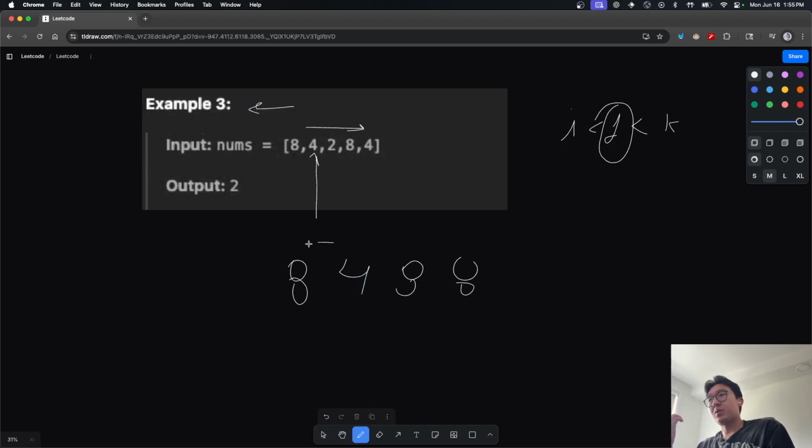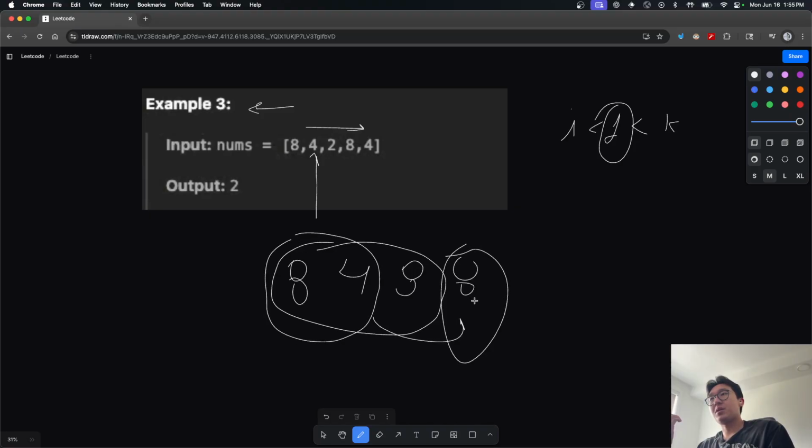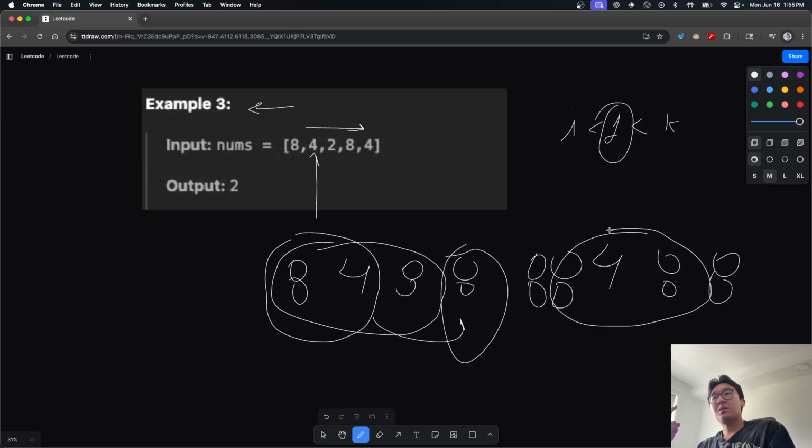So we have this triplet right here. This is valid. And then we also have this one with this one. I have 2. What if we have 8, 4, oops, 8, 8, 4, 8, 8? We're gonna have this, we have this, and then we have, let me,